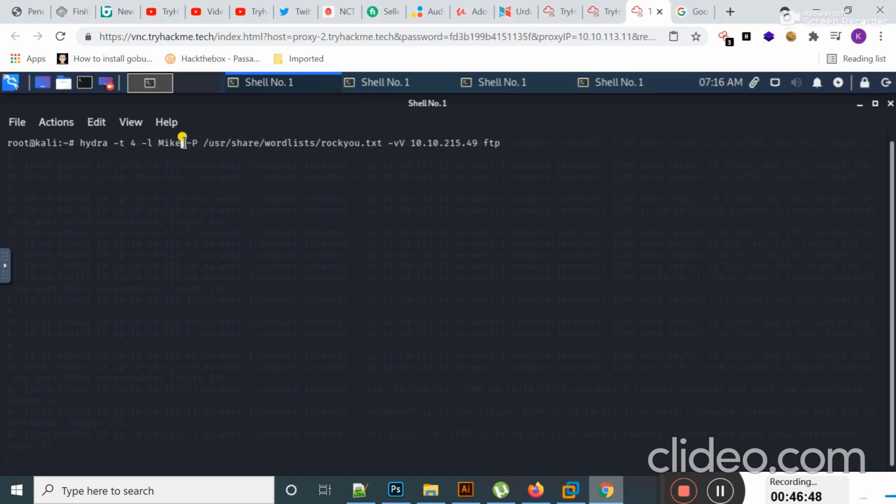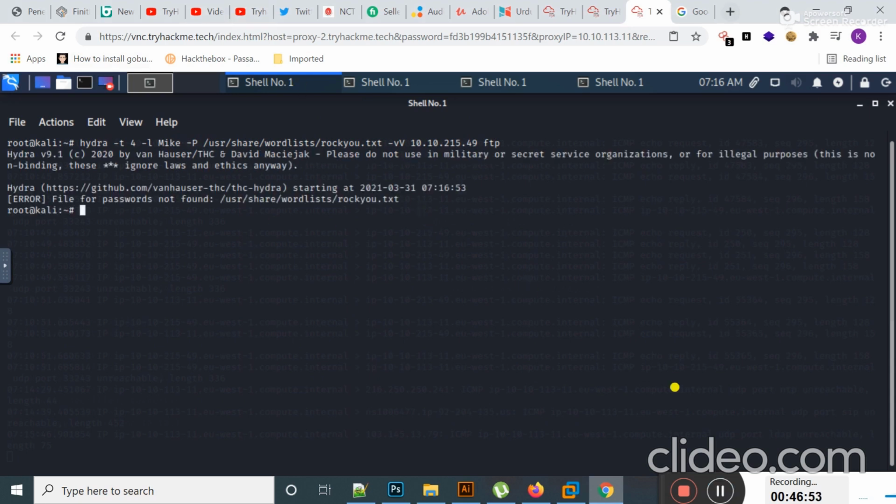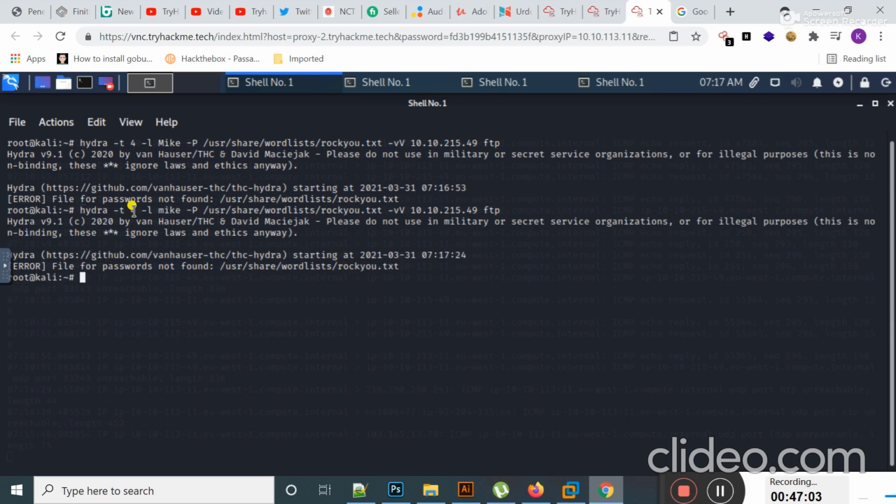In this task we are going to enumerate the FTP services. Okay, let's start my machine. It takes some time to start. First of all, we will enumerate. As you know, students, in the enumeration process you gather information about the target machine. Here we will use Nmap for FTP enumeration.